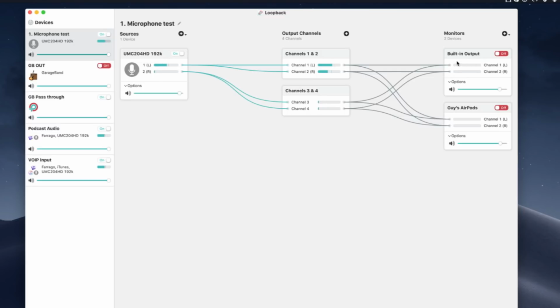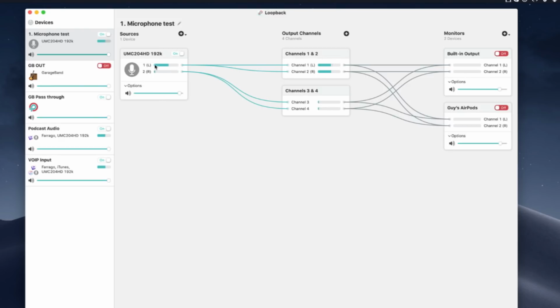In this case, I have it sent to my built-in output, which is where I have my headphones connected, and also a secondary output where I have my AirPods connected. And I have them both turned off because I need to not hear them as I'm doing this, because that latency is going to kill you. But I do kind of the same thing in order to hear